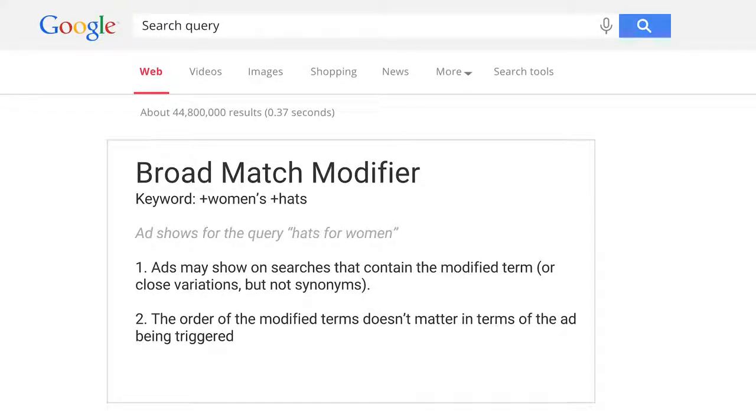Broad match modifier shows ads on searches that contain the modified term or its close variations. For example, women's hats will show the ad for hat for women. The order of the modified terms doesn't really matter. So plus women plus hat is the same in terms of ad serving as plus hat plus women. Broad match modifier will narrow down your searches compared to broad match, but it could help you get more relevant